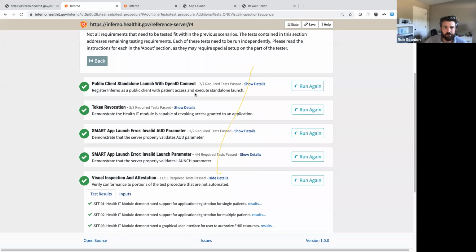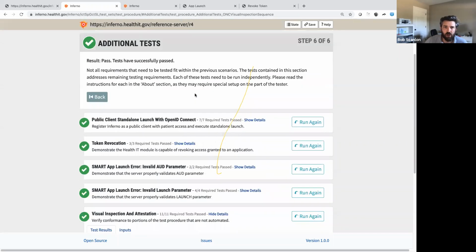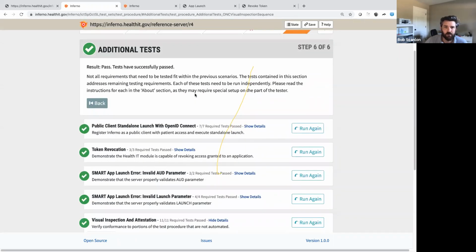The one thing I will point out also, from a general perspective and architecturally speaking, is that each one of these sets of tests that you see in here can essentially be reused across different implementation guide tests. The way it's implemented is we have a Smart on FHIR set of tests